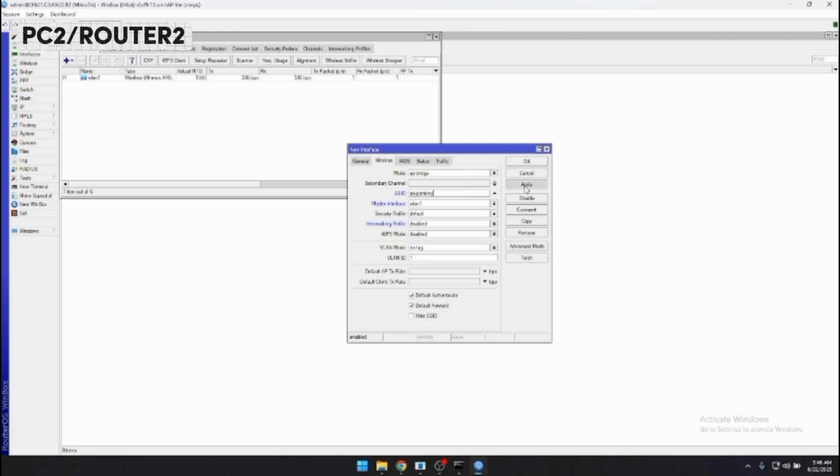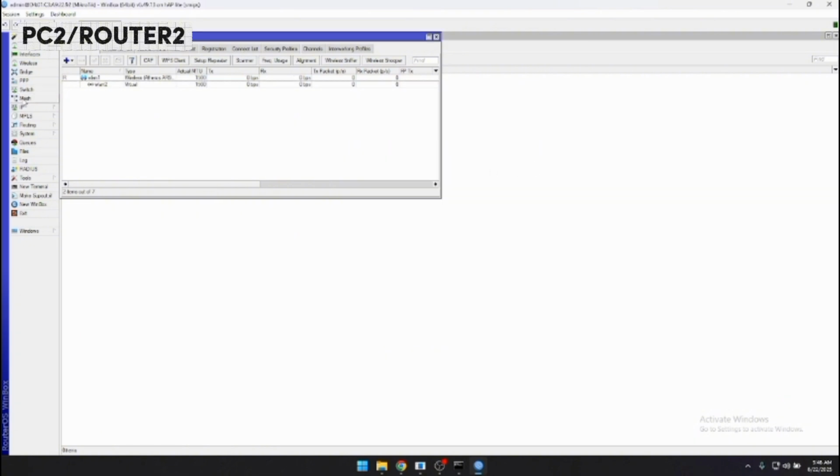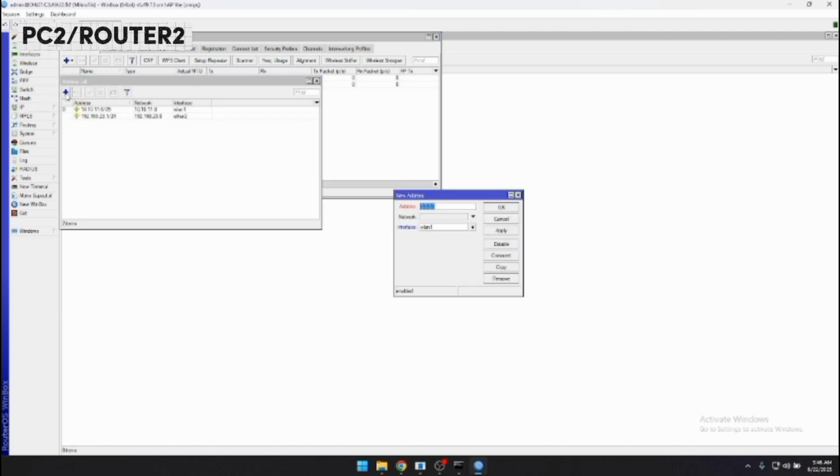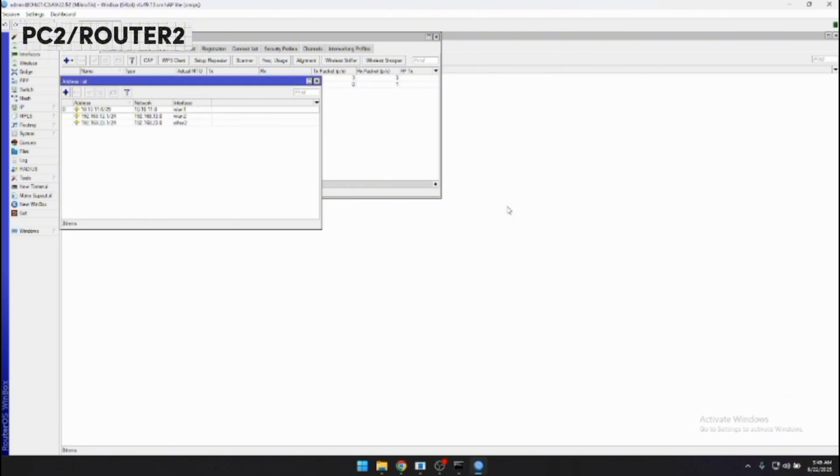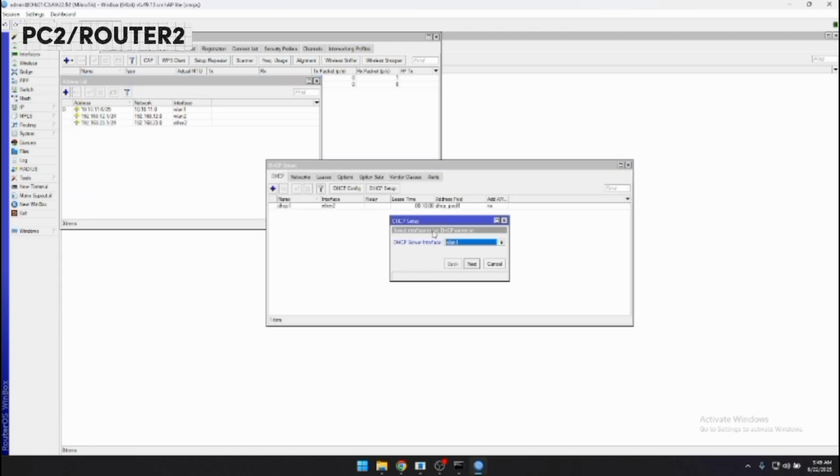You make an SSID, and then you add the IP address for VLAN 2. The IP address is free, my friend. For VLAN 2, apply and okay.